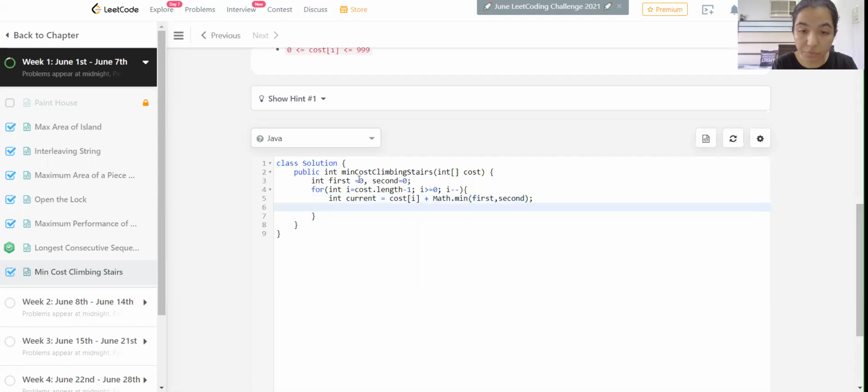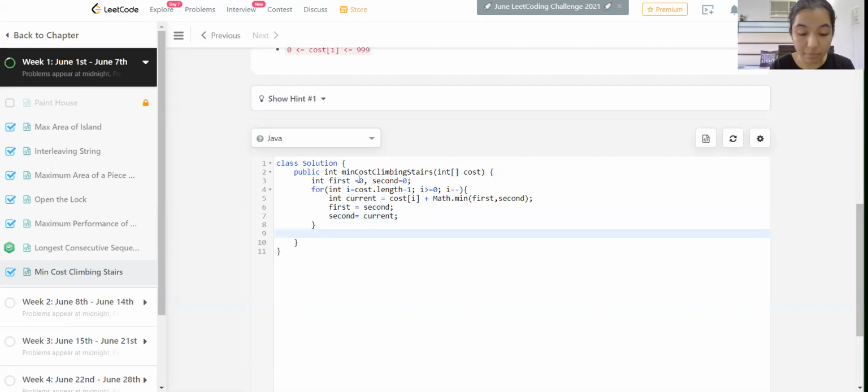Moving ahead, we are going to swap the values. First would become second, because as we are moving up, the first would become second, and the second would become the current step. That is, if we had 3 steps, the first becomes the second, and the second becomes the third.